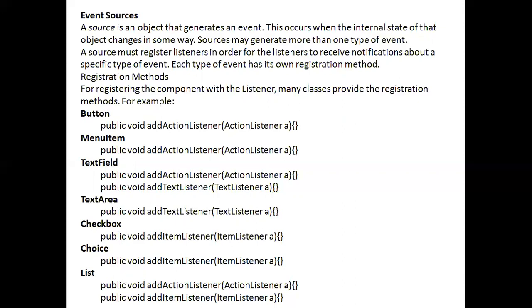Each type of event has its own registration method. Registration methods are used for registering the component with the listener. Many classes provide registration methods.